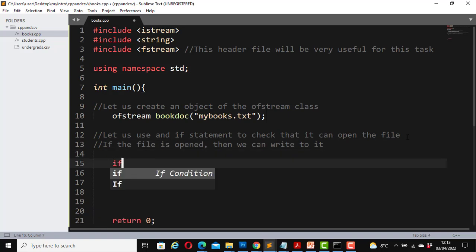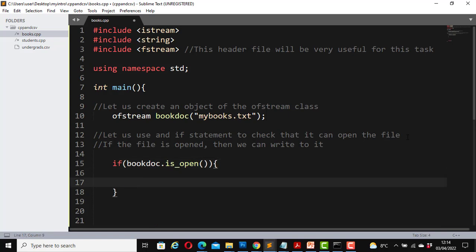If bookdoc dot is_open. Now we can do something with it. What are we going to do with it? We add data to it. So, bookdoc